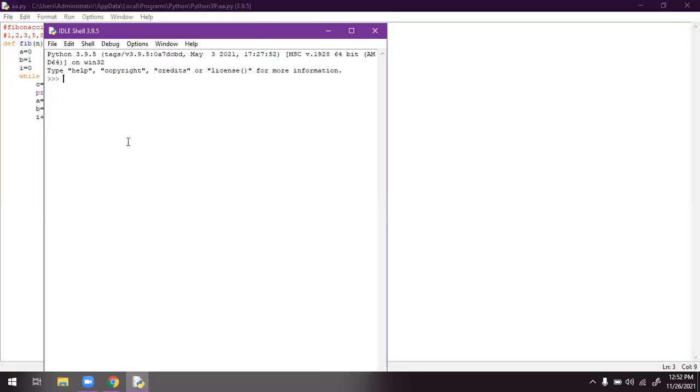Okay, fib. If I take the bracket, it is always calling that function, because we saved that file now. Okay, sum 5, Fibonacci 5. If I hit enter, I got 5 numbers starting from 1.